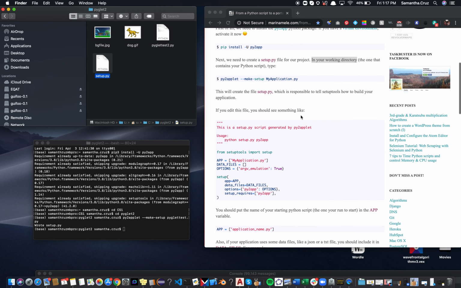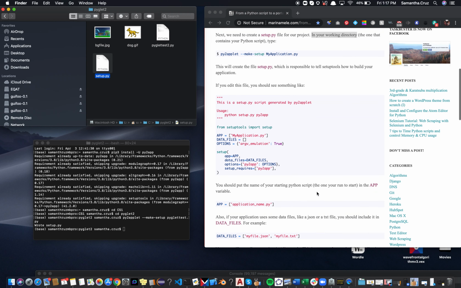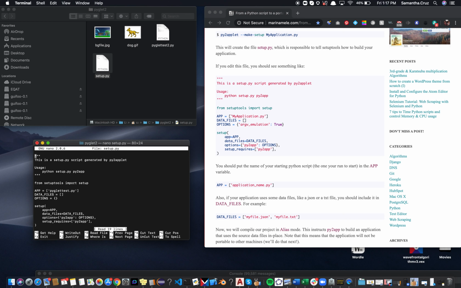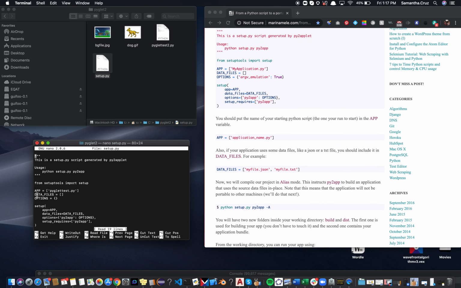Okay, and I need to edit a couple things in this file. It should already have my application name, but some things that I need to add are the data files, for example. I can do that straight from Python, or I can do that from the command line by typing nano setup.py. And that's going to open up my Python file right here for me to edit. So I'm going to go ahead and do that. I don't need to change the app. It's already, as we can see here, pyglit-test.py, but I do need to add the data files, which are the